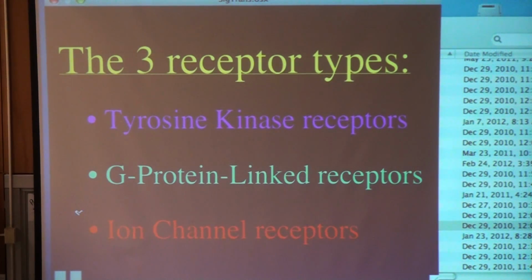Well, let's go on then. The second type or family of receptors you see in these signal transduction pathways are called G protein